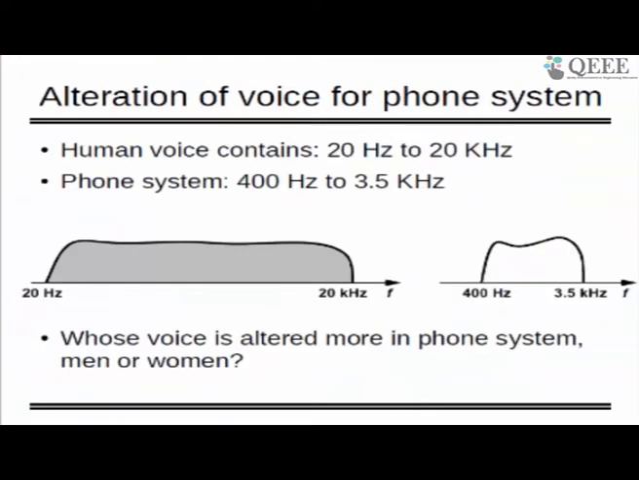So this is one example I took from Behzad Razavi's book. It's interesting, and I want you people to read it. So what is he saying? Human voice contains 20 hertz to 20 kilohertz. So the left side is human voice. It contains men, women, both, and our BSNL phone system, which is from 400 hertz to 3.5 kilohertz. That's a band. Now, if my 20 hertz to 20 kilohertz signal is going through the channel of 400 hertz to 3.5 kilohertz,